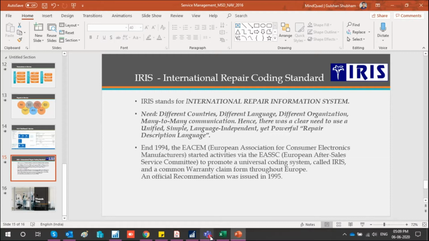After a service order is prepared, the next process is to assign that service order to the person who is actually going to work on it. Similarly, when we create a task, we assign it to the concerned person, who performs the task, resolves the issue, and marks it as completed. The same happens in the service module: we prepare a service order, assign it to the person, the related person performs the task and marks it as complete. Once it is completed, we can convert the service order to a service invoice. So this is the basic part which we can perform in NAV.